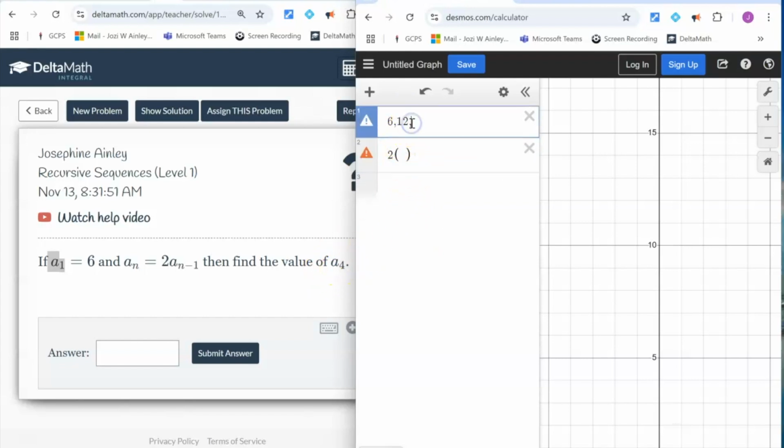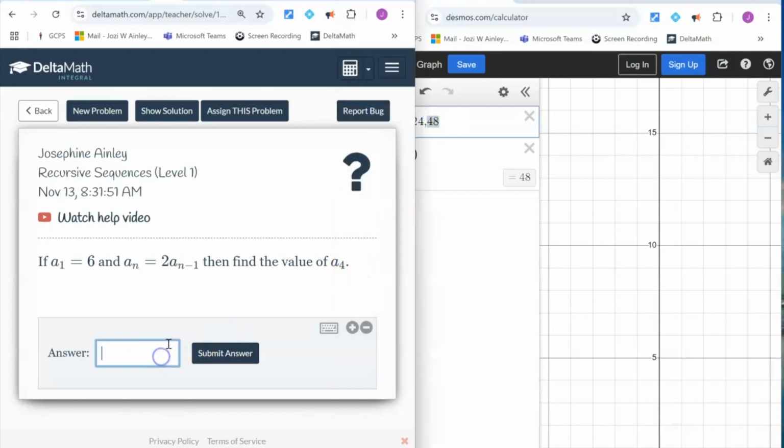So to find the next one, what do I do? I take my previous term. So my previous term, that's this part right here in parentheses, I put it right there. It gives me my next one, which is 24. All right, so again, now I delete this. Now this is my new term, right? To find the next one, I take the previous one, which is now 24. And that's going to give me what? 48. So my first term, my second term, my third term, my fourth term is what I'm looking for, is